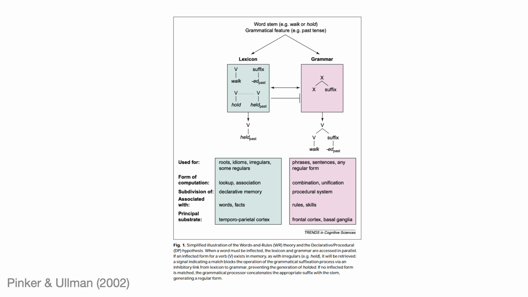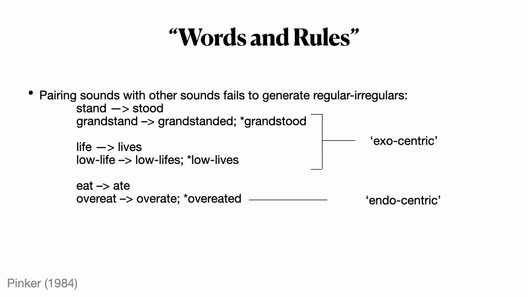morphology. And I think it's also worth mentioning because this is the kind of thing that can't really fall out of the McClelland and Rumelhart model. Remember, the McClelland and Rumelhart model is really just mapping between triplets of phonemes to triplets of phonemes. But we know that whether an irregular form applies is dependent on the morphological structure that stem is embedded in. So Pinker points out that sometimes we can compound a verb stem, or we can embed it in a bigger morphological structure, and if we do that, sometimes the irregular form still applies, and sometimes it doesn't,